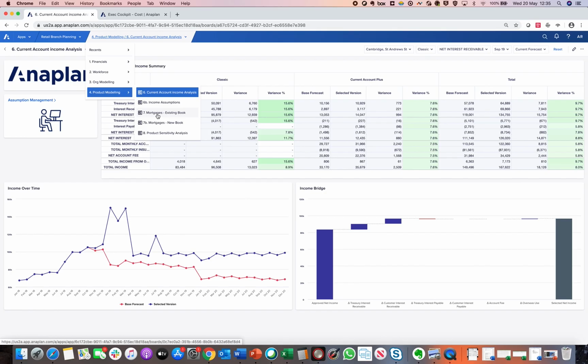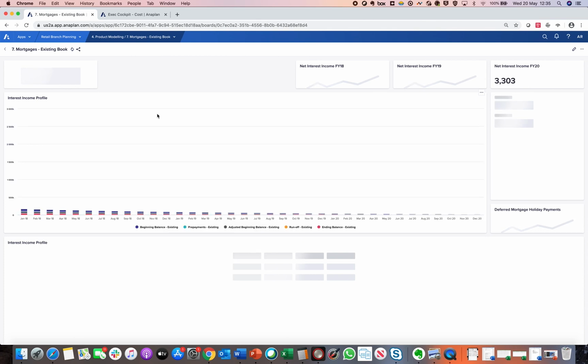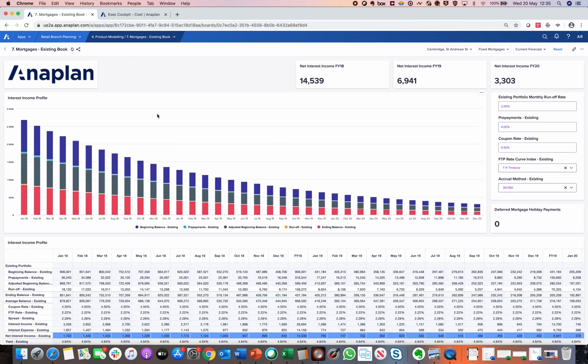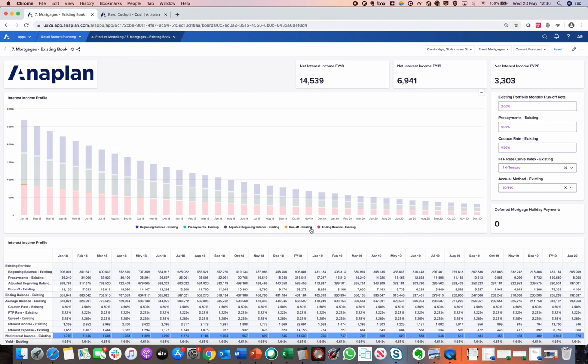This model also goes into mortgages. So we've got a split here between existing and new book. And if I look at my existing book, what this is showing me is what my interest income profile looks like. Because this is my existing book, my closed book, I would expect to see a runoff over time, as you do see here. So I've got beginning balances. I've then got prepayments, which really alludes to overpayments, people making payments over and above their monthly mortgage payment. I've got my runoff, so that's my typical runoff, my expected mortgage payments,